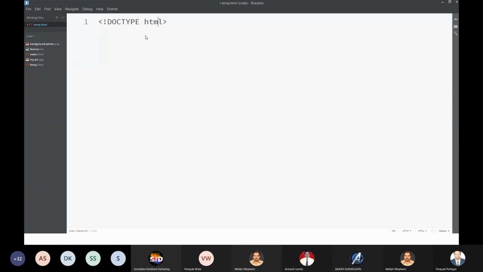So this is the first. This is not a tag, this is not an HTML element, but this is the information you have to write first whenever you are dealing with an HTML file. If you don't put this inside your HTML file, your browser will think that this is not HTML5. The 5 means version 5. So it will treat your HTML code as old HTML3 or HTML4, whatever the version, and obviously it will use the old technology, and whatever you have written using HTML5 will not be properly rendered or displayed on the screen.